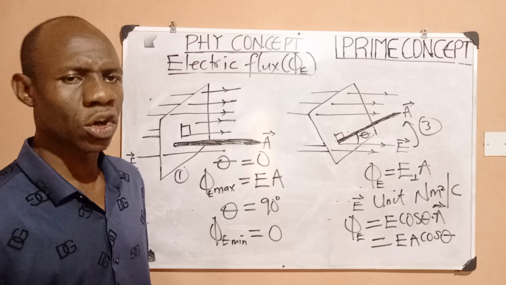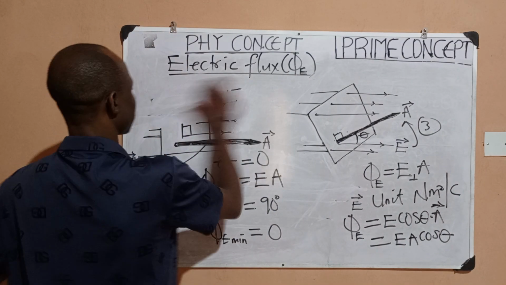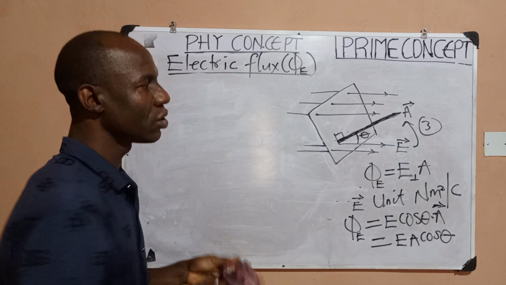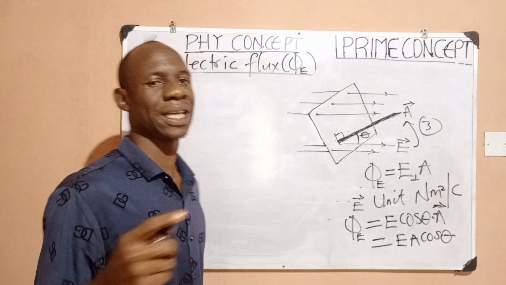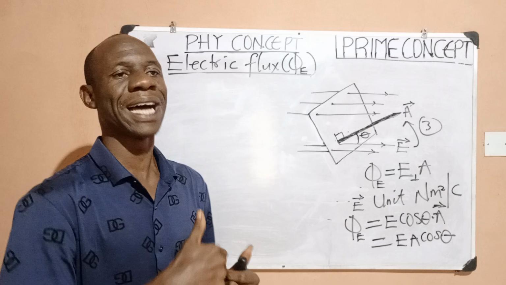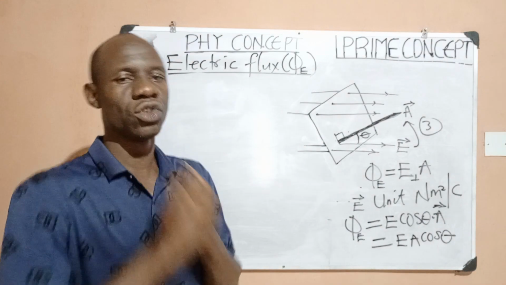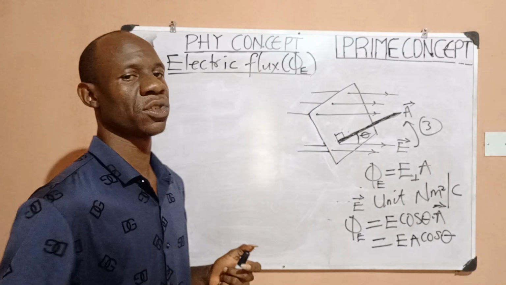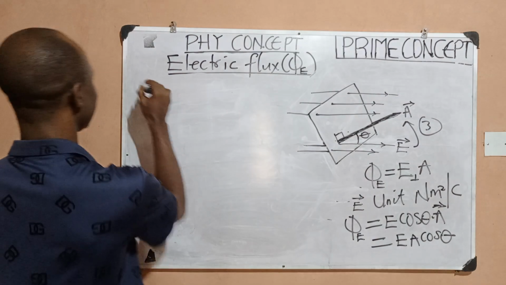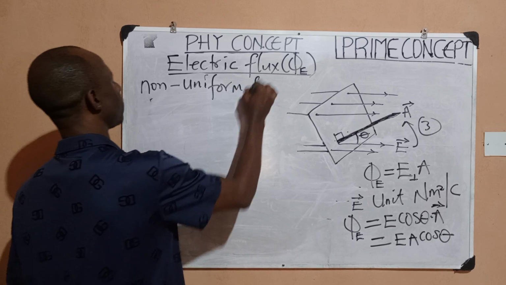Now, what about a non-uniform electric field? It's very simple. So for a non-uniform electric field, remember a non-uniform electric field would simply mean an electric field where the magnitude of the field are not the same and their direction may probably not be the same. That is what we mean by non-uniform electric field, right? Where the field strength at all points are not equal. So for a non-uniform electric field,